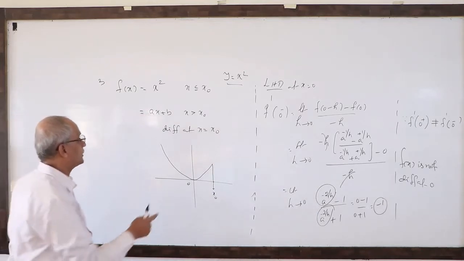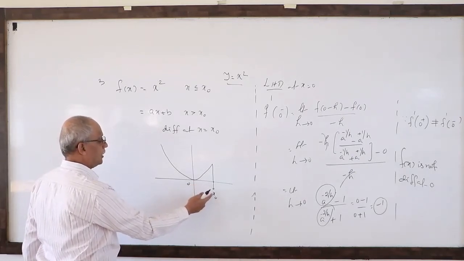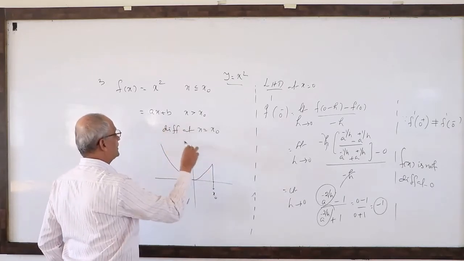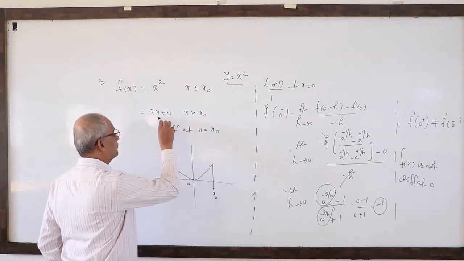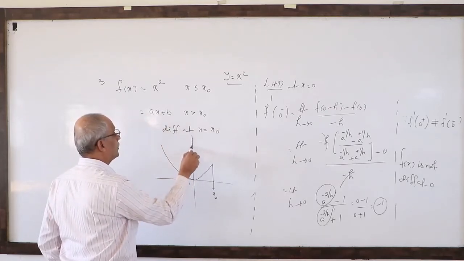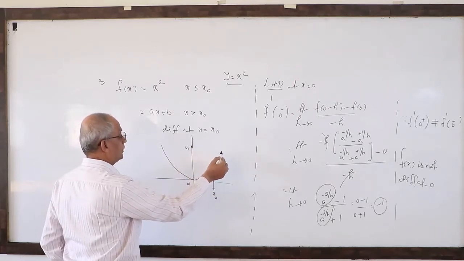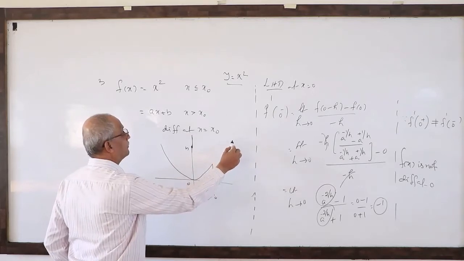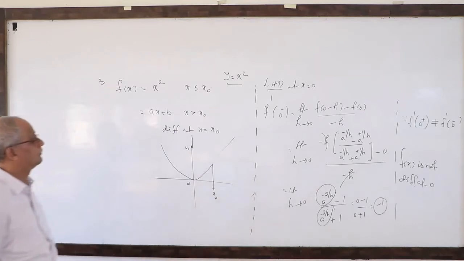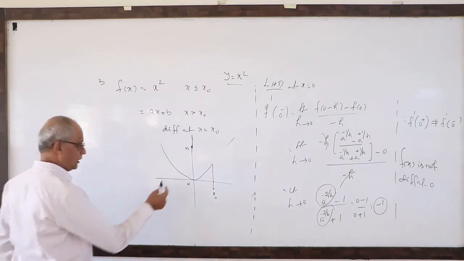On the x axis, y equal to 0 gives minus b by a, and on the y axis, x equal to 0 gives minus b, a positive real number here. Suppose assume that b is here. That means it will not touch the line. Assume that it will go like this. It will not touch. There is a gap. There is a break.